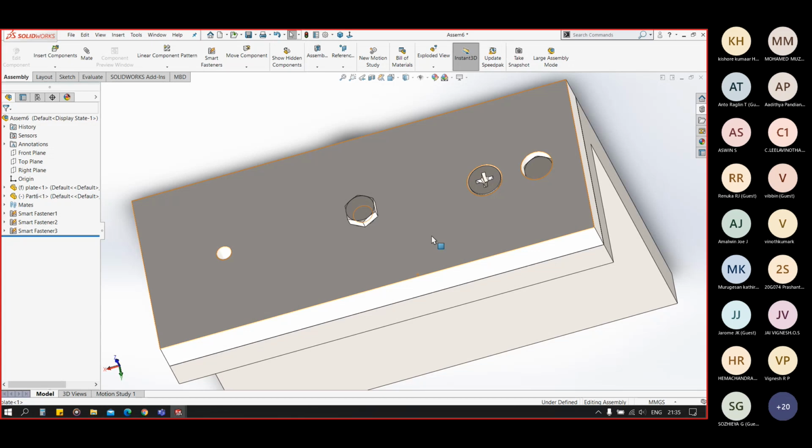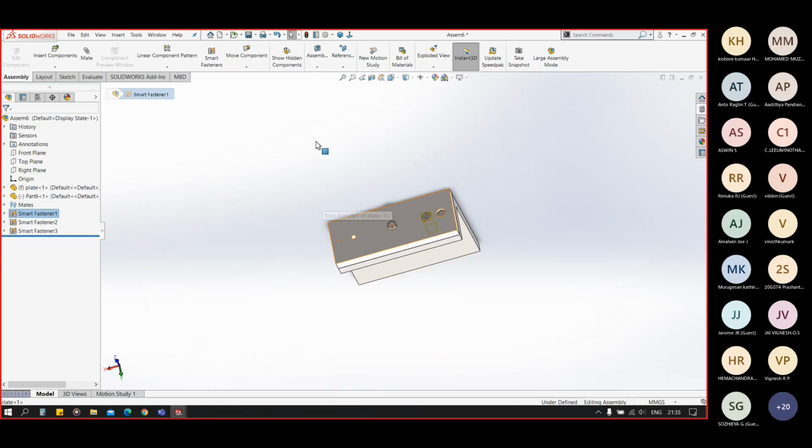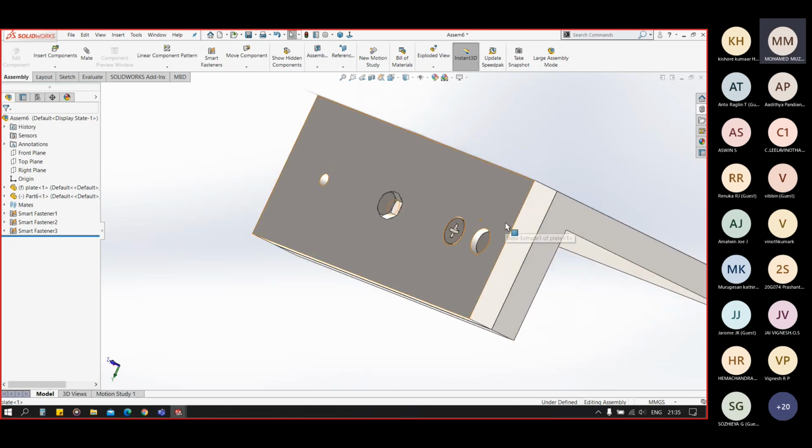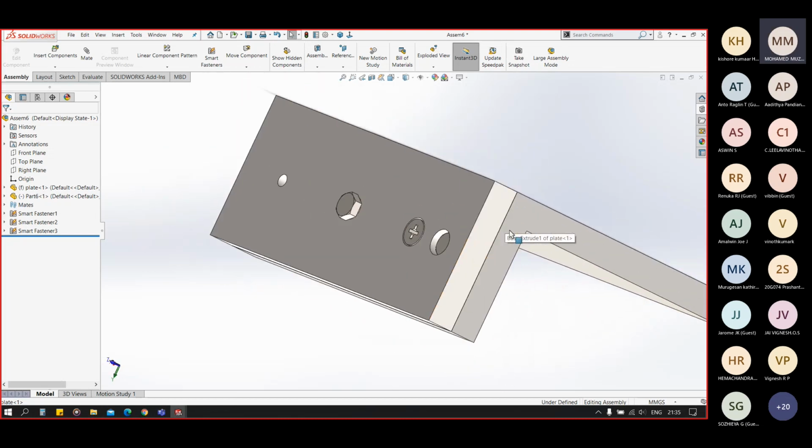Now you have 5 minutes to try the smart fastener and all the options. Till then, if anyone has doubts, he or she can ask. Sir, in smart fasteners, you said that we can choose dimensions and type of fasteners according to our wish, no, sir? Yes. Those options displayed will be only those which can go into the holes, because we cannot choose any nut, any bolt, any size.